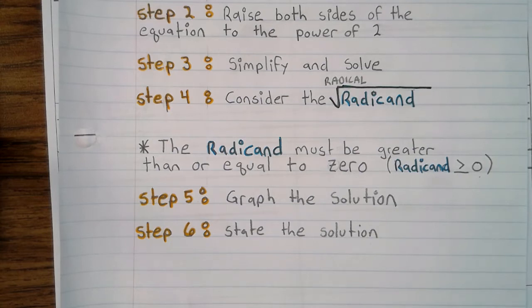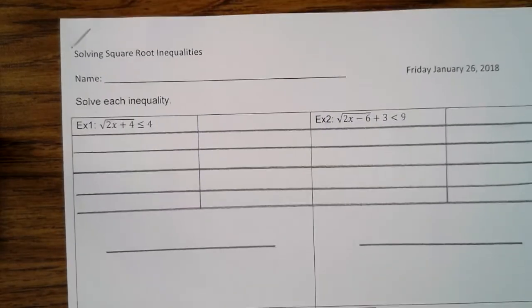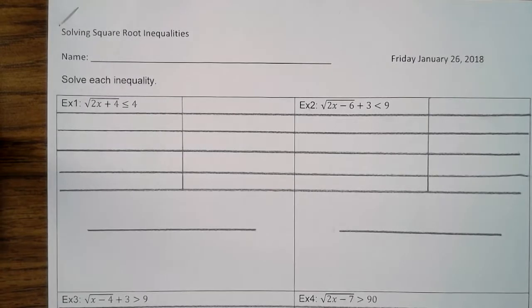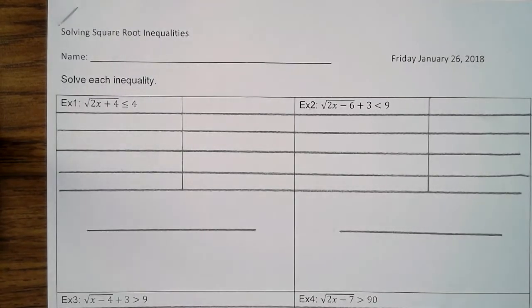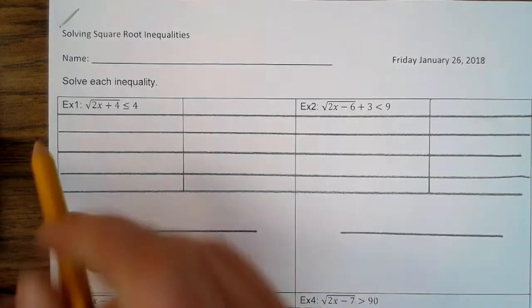All right, finish up your notes. All right, now your notes are updated. Let's take a look at the examples. All right, example 1, solve each inequality. All right, so it says step 1, isolate the square root. The square root's isolated. So now we're going to square